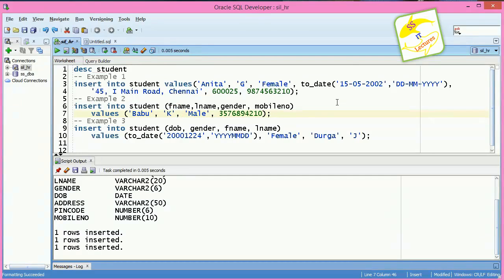One more thing you can note here is we can change the column orders as well as we can specify all column names also, and the order of columns can also be changed. Always make sure if a list of columns is specified in the insert statement, then the order of column values should match with the columns specified in this statement. If the column names are not specified, then the order of column values should match with the actual order of columns in the table.